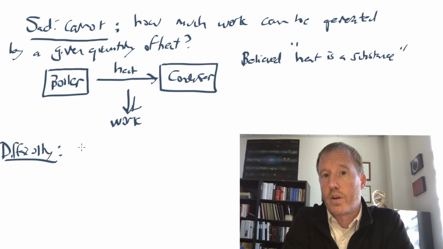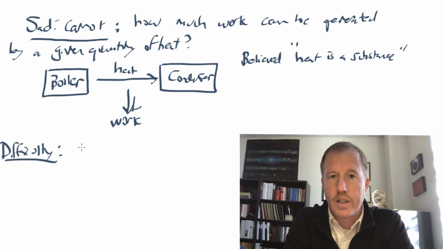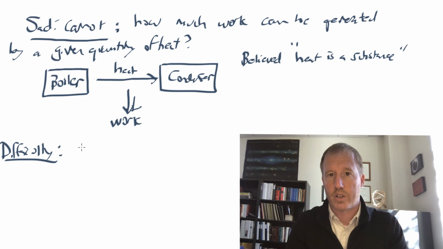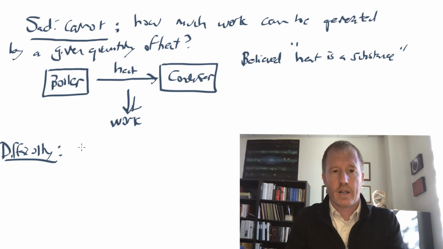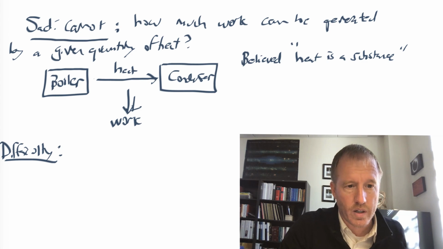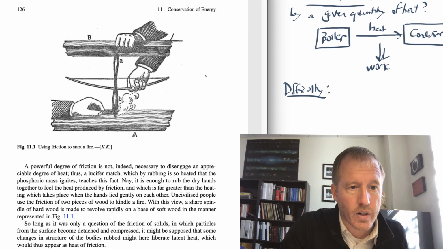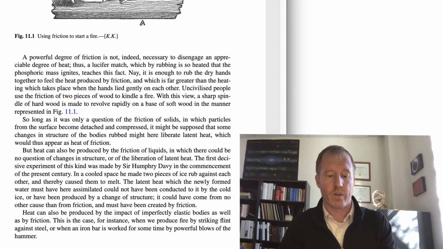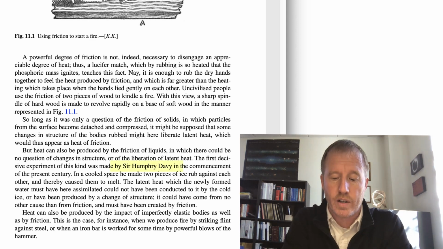So the caloricists might argue the same way. There is this hidden heat in your hand, and when you rub your hands together, that heat is made manifest or shows up. It comes out of your hands. Now, Helmholtz talks about the scientist Sir Humphry Davy, I believe on page 125 or 126. I don't remember exactly where this is, but he mentions that Sir Humphry Davy rubbed together two ice cubes and caused them to melt. And the question is, if ice does not contain any latent heat.